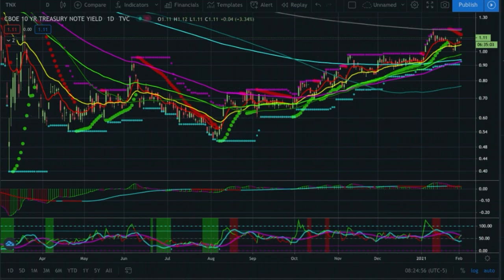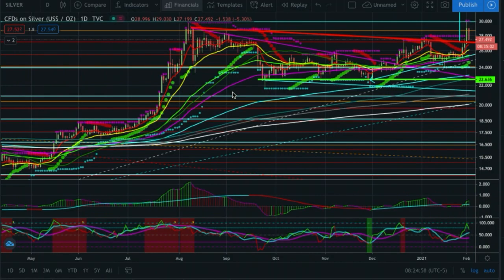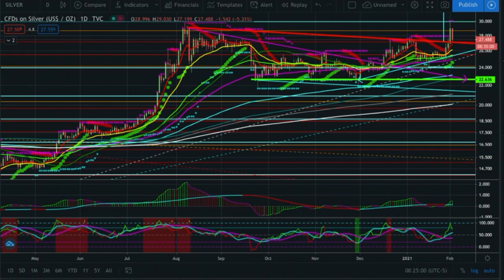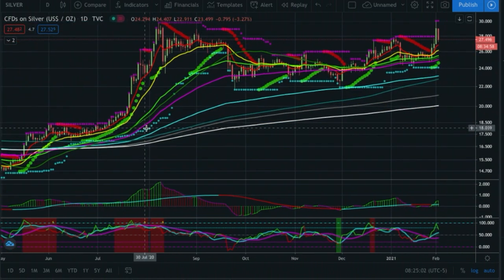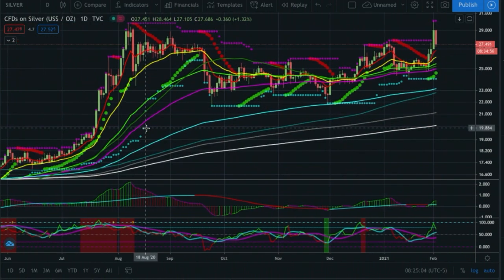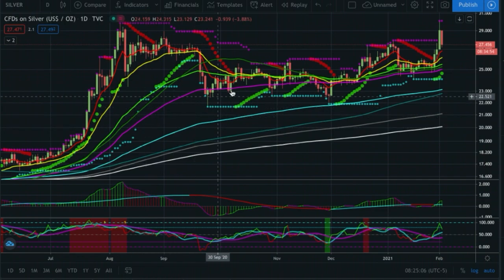So let's switch over now to silver. Next, I have silver on the daily here, and this chart is extremely busy. So, bear with me here. Obviously everyone was extremely bullish about a potential short squeeze. Exactly what I said happened. We basically pumped up, broke out of that channel, and matter of fact,